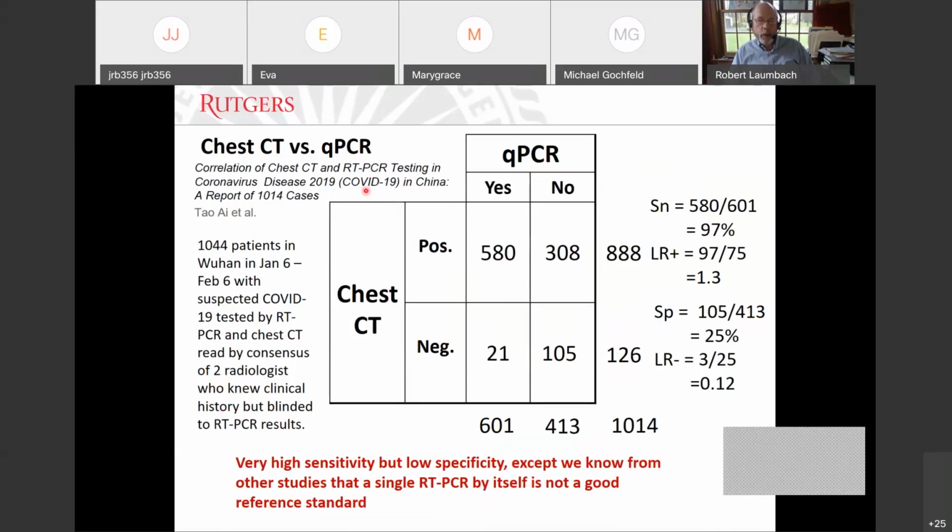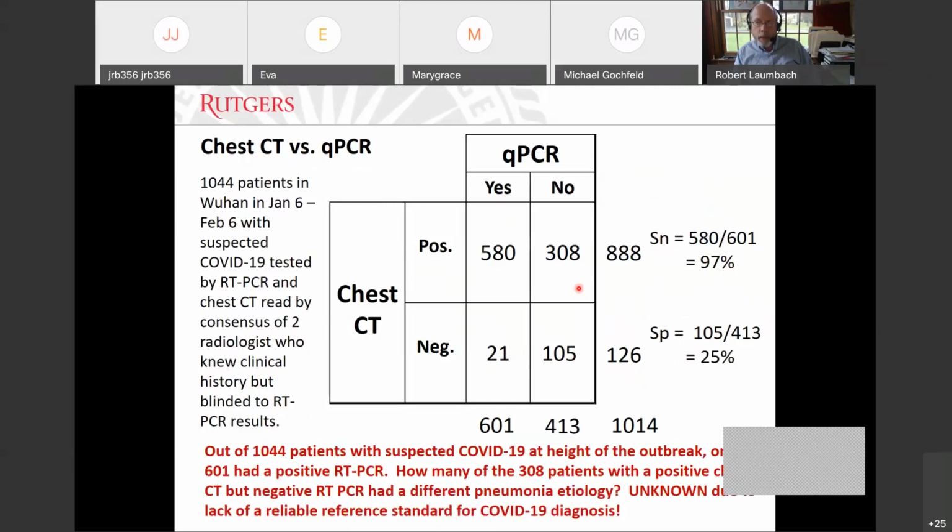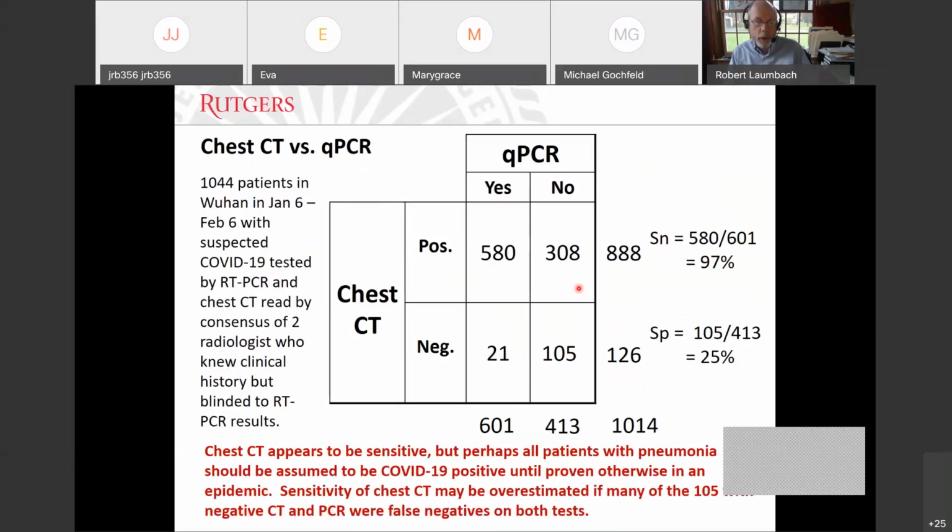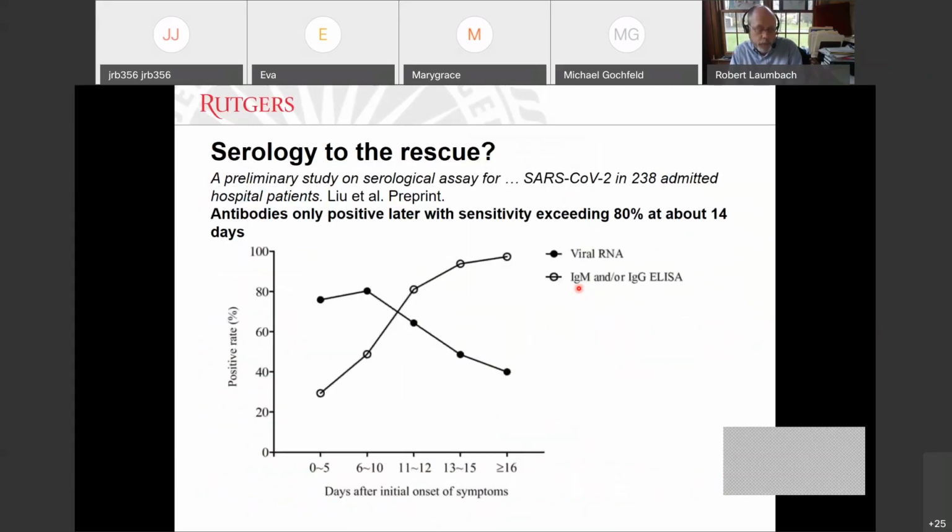Again, in an area where it's very epidemic, but again, not very specific. So the specificity is 25%, with sensitivity 97%, as we discussed. There's more here in terms of looking at the likelihood ratio, but we'll go over that some other time. And just to finish up,